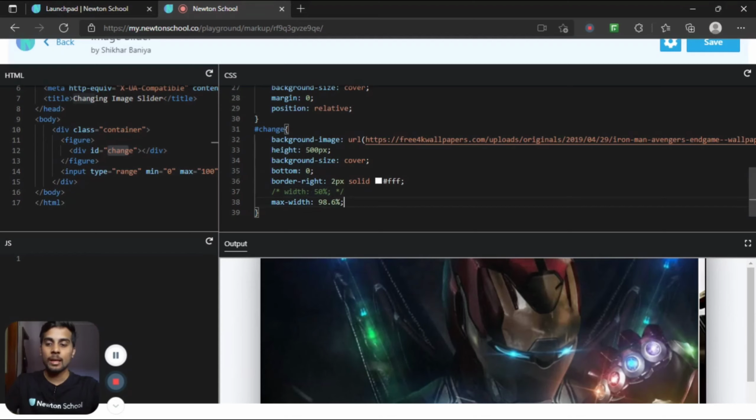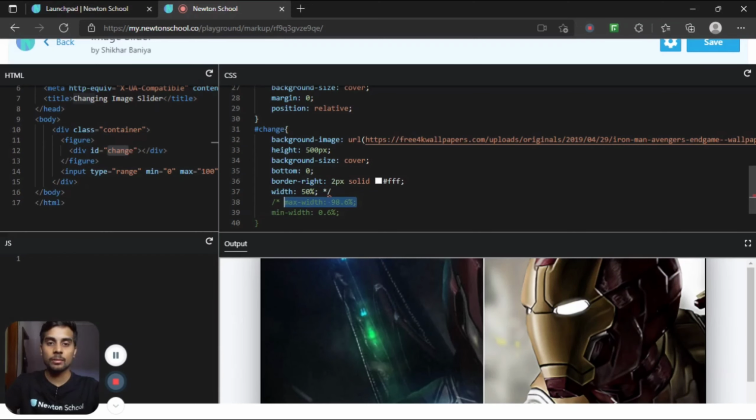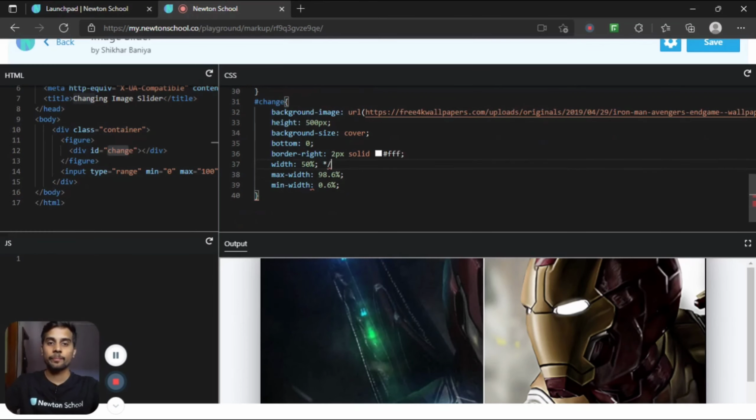And in the same way, we have to specify the minimum width, and let's say 0.6%. So if I decrease, I comment it out. You can't see that right away. Okay, let's save it.